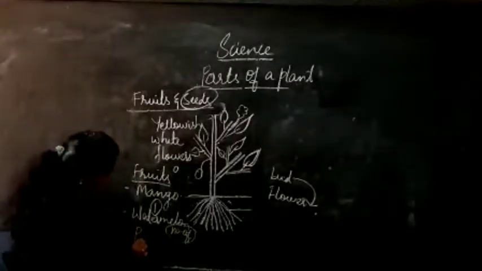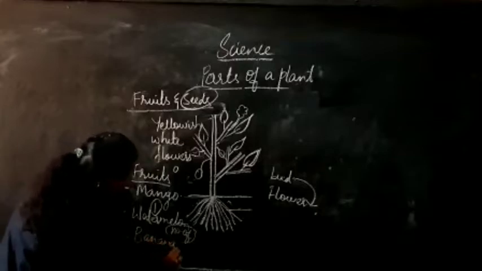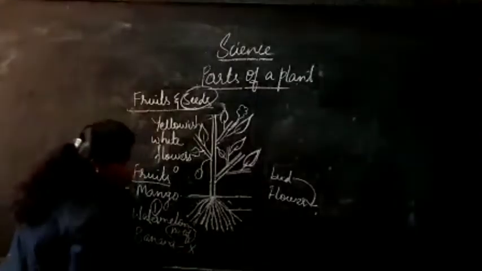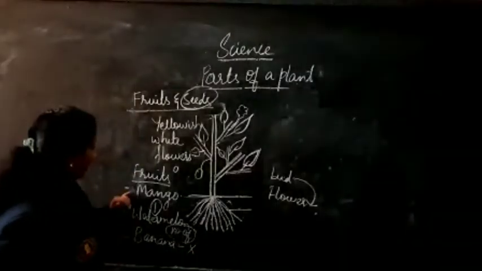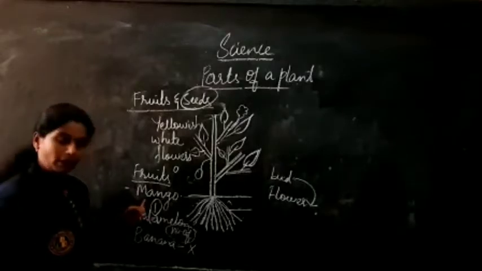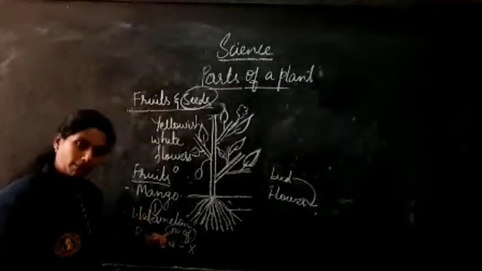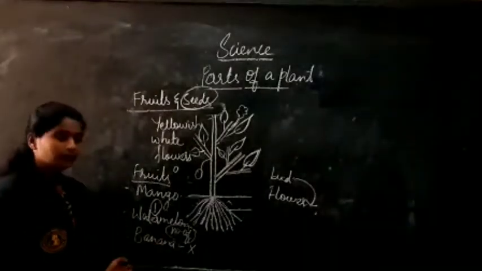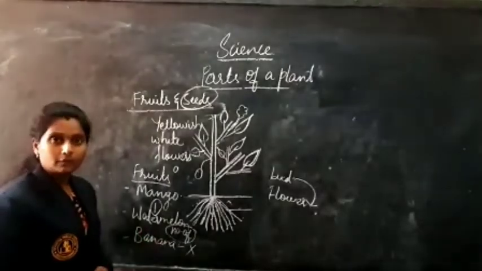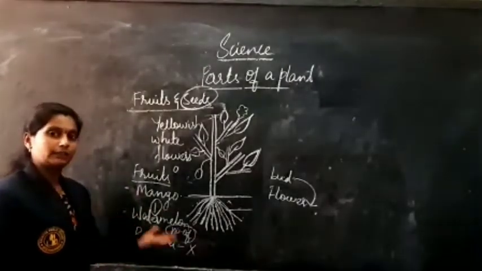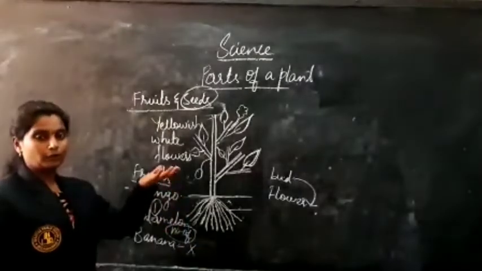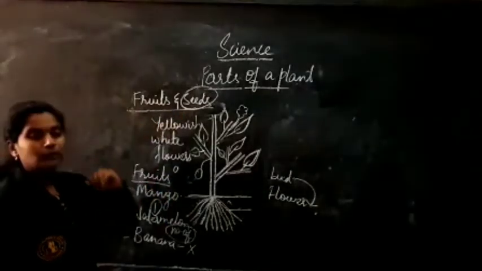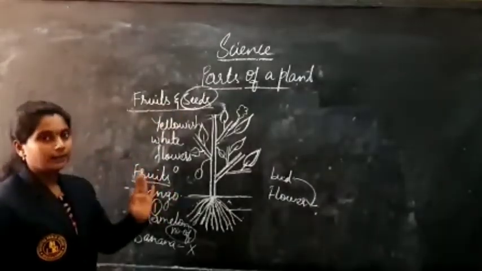And coming to the banana. Have you ever seen any seeds inside the fruit of a banana? It doesn't have any seeds. So mango fruit has only one seed, watermelon has a number of seeds, and banana has no seeds. After eating these kinds of fruits, we are throwing the seeds somewhere. What happens? Those seeds can fall onto the soil and grow into another new plant. So seeds are also responsible for growing into another new plant.